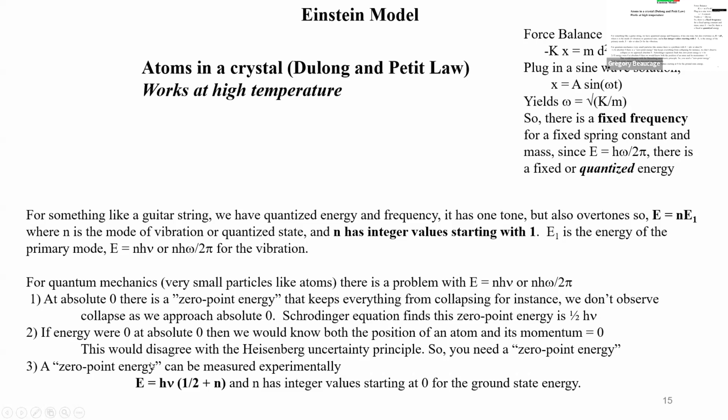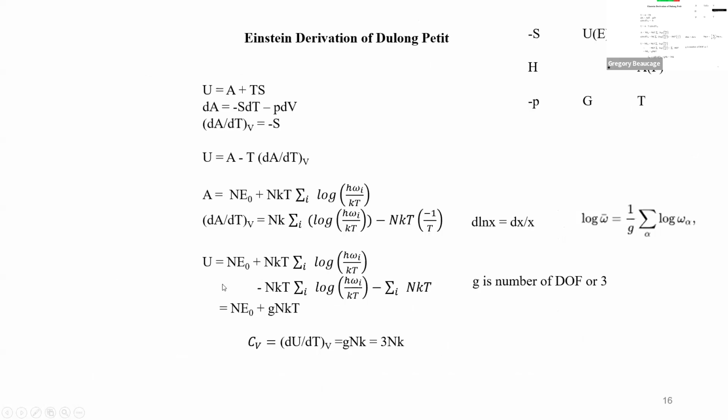Then experimentalists measured it. So it was like 1/2 h nu is a 0-point energy for the thing. So you have the modes, and there's a 0-point energy they have to add into this. So E is h nu times (1/2 + n), and n is an integer from 0, it keeps going up. Like you have all those other modes of vibration. So anyway, along that line, I think this is the last thing Einstein did. Basically, you have the Dulong-Petit that's 3R. So how do you fit that in with this picture, right? So you say